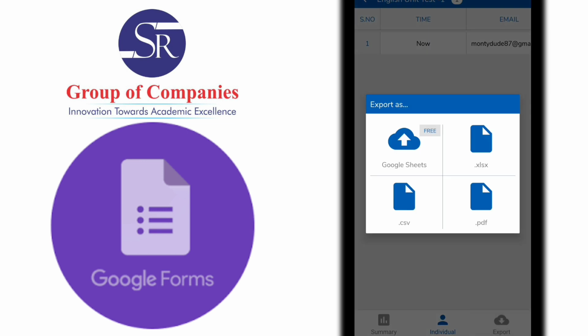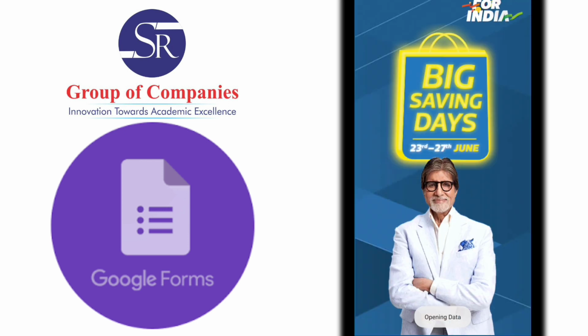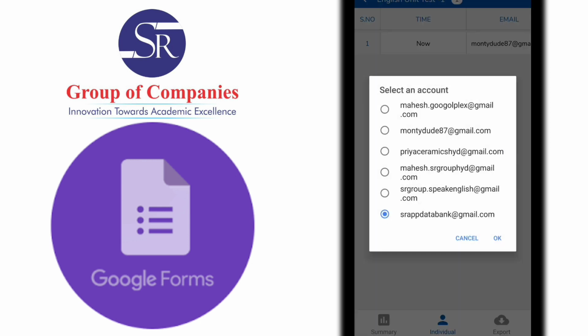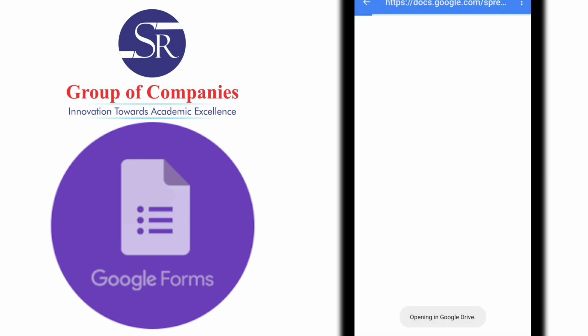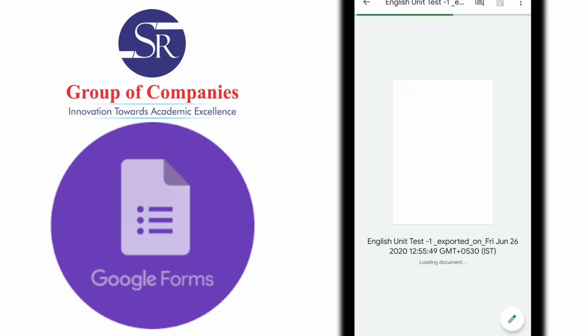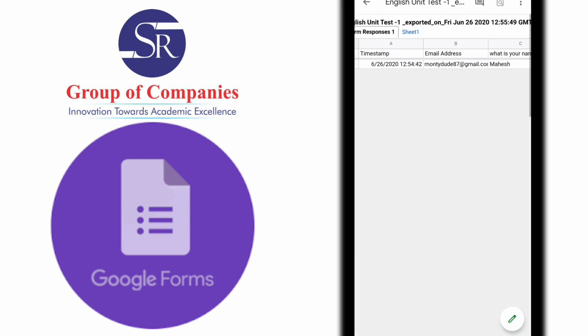You will get that in an Excel file, a PDF file, a CSV file or Google Sheets. So you could freely go to Google Sheets, you would get an ad, you can click this. Now this Excel sheet is being downloaded with an email ID, you could press OK and in your drive you get this Excel sheet and this document gets opened. This is the document, you can print this particular document, you can see which email ID, what time the child participated in this online exam, what the answers are and what score he has gained. You can print this, you can share it with the school principal, you can keep it with you and you can keep a record of the complete data management here.